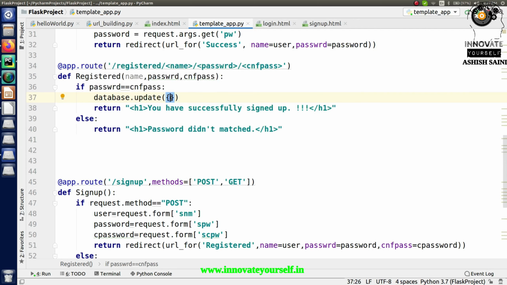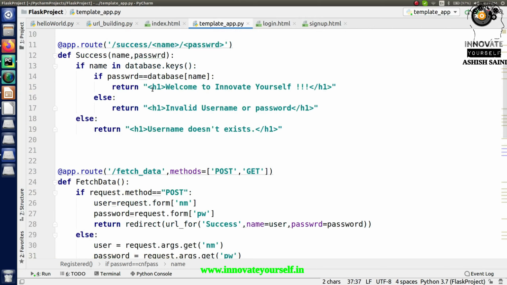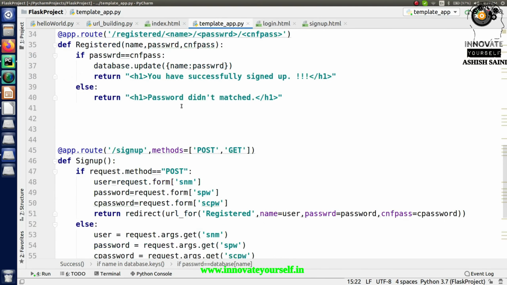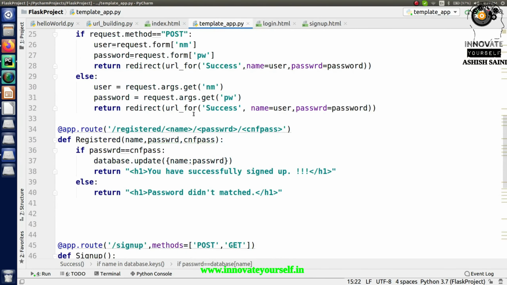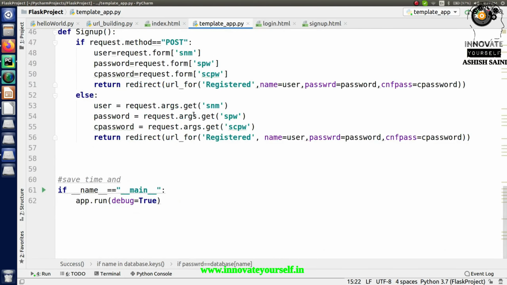So just pass, and that will be name, your name, and accordingly password. So this is what exactly I'm going to do, so that when you enter the values, it will add the username and password to the database, so that after that when you log in, you will be able to log in correctly, right? So this is how exactly we can do it.